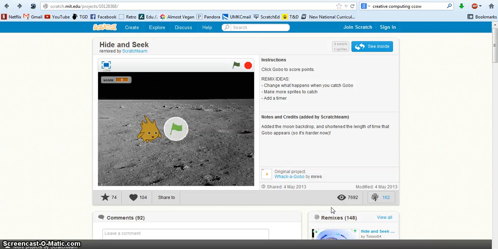Welcome to the remixing portion of this class. So now that you have Scratch skills, you can remix projects and start making your own code. It's a lot easier to start with a pre-made skeleton of a game or animation than to make your own